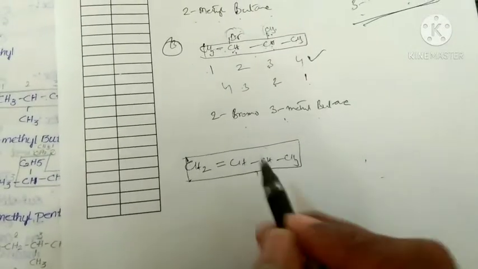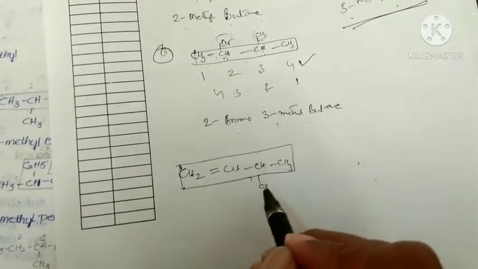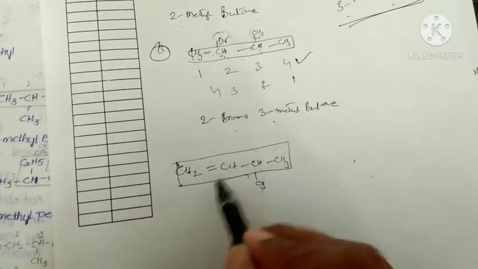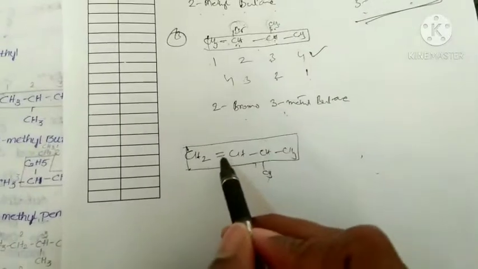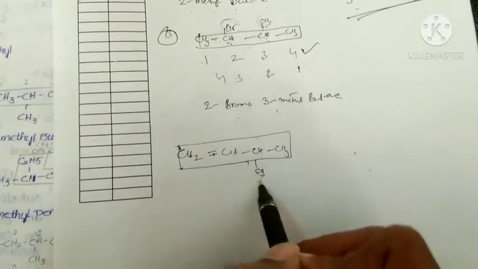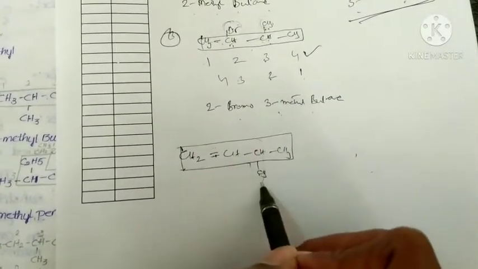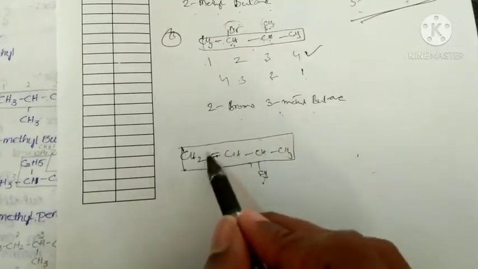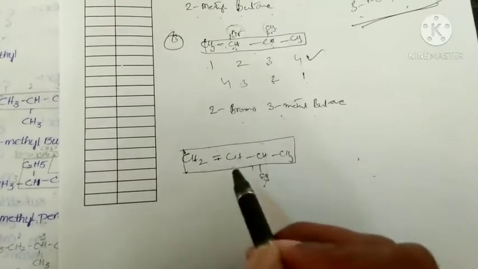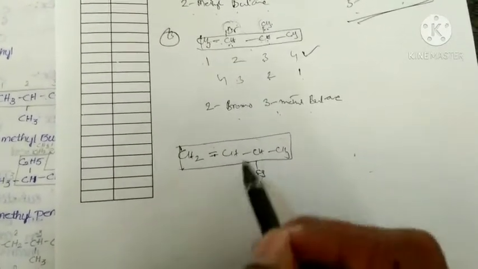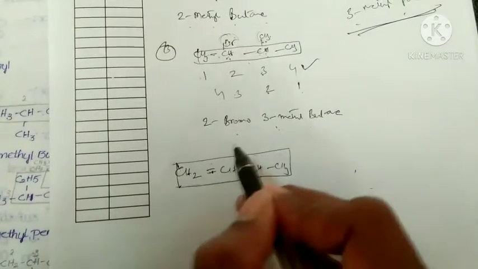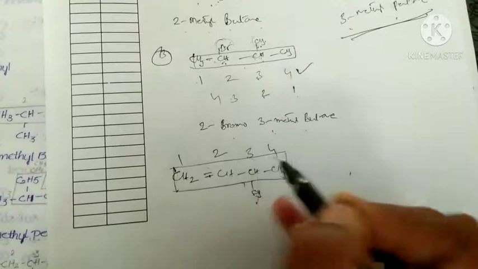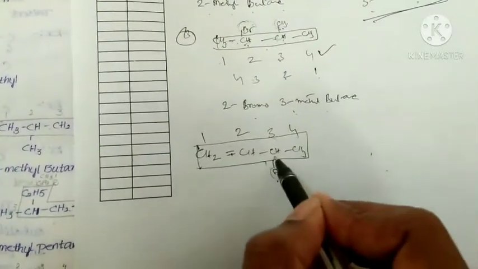We have to give number. Before giving number, we should see whether functional groups or substituents are present. Which are present? This double bond, triple bond carbons are also considered as functional group. So here functional group as well as substituent both are present. Among both, which is given more priority? Functional group is given more priority. So we have to give number from left to right. That indicates that we are giving more priority to the functional group. Then this substituent carbon gets the third position.